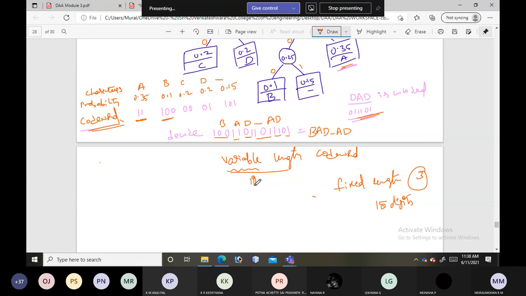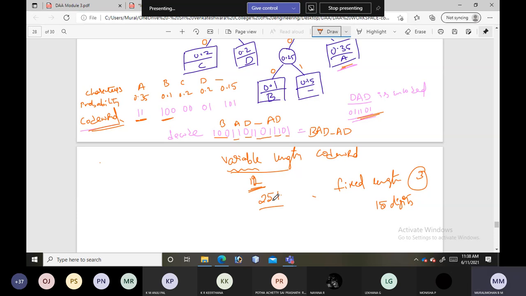So with these given characters and probabilities, it is taking only 12 digits. This is the advantage of Huffman tree encoding. It will reduce about 25% of the memory compared to the fixed length encoding method. Later we will see how this 25% is reduced.